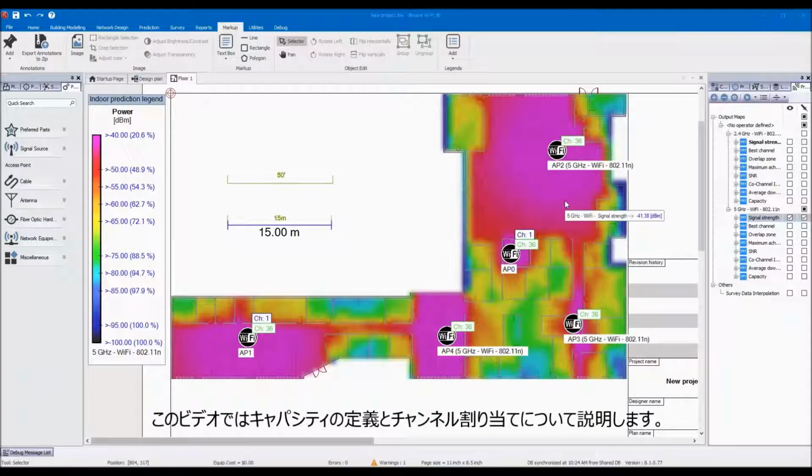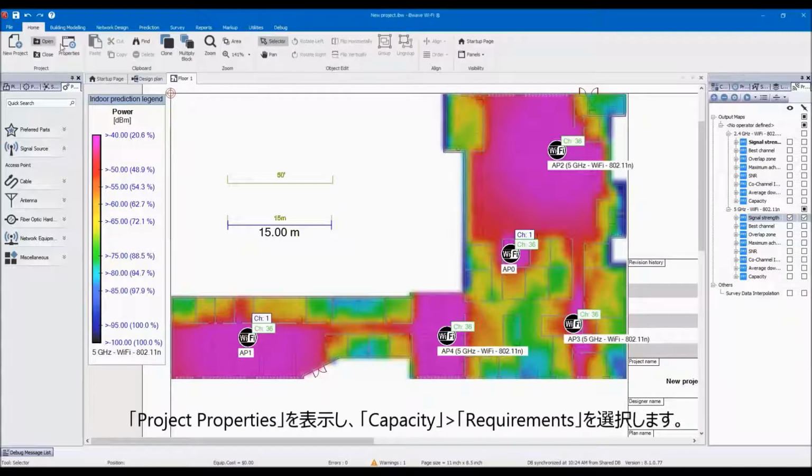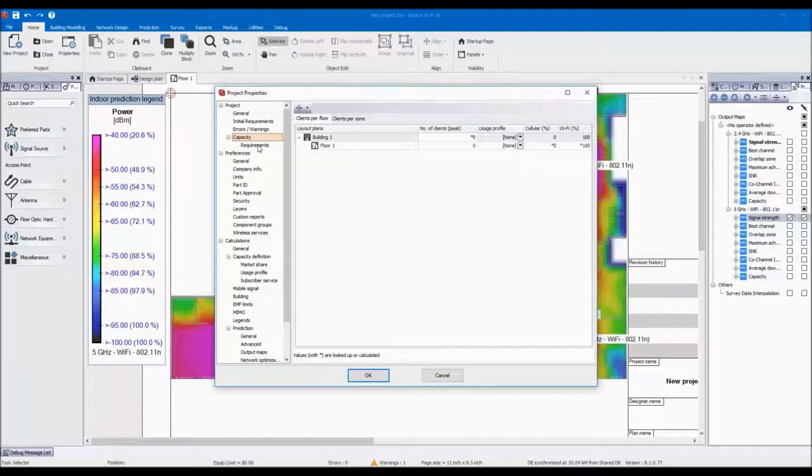In this video, we will look at capacity definition and channel assignment. To plan for capacity, we first need to set up our capacity requirements. Go to Project Properties, then select Capacity Requirements for our building. We can assume 100 users,